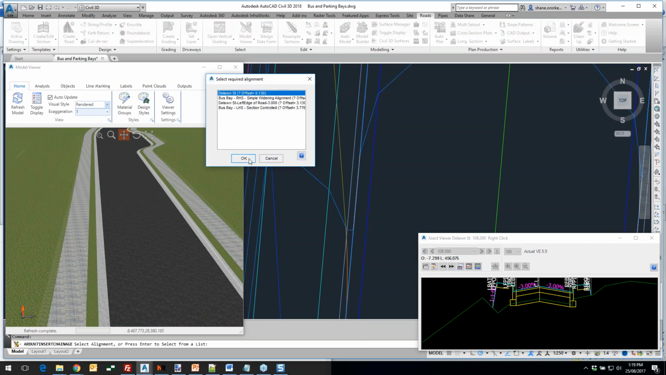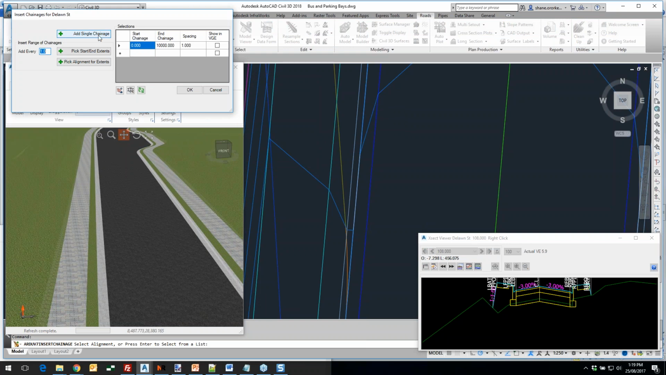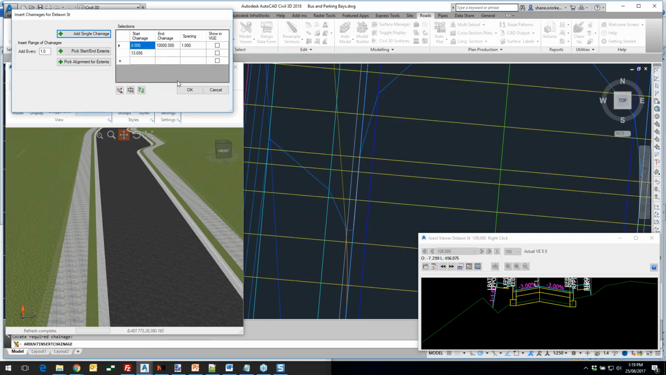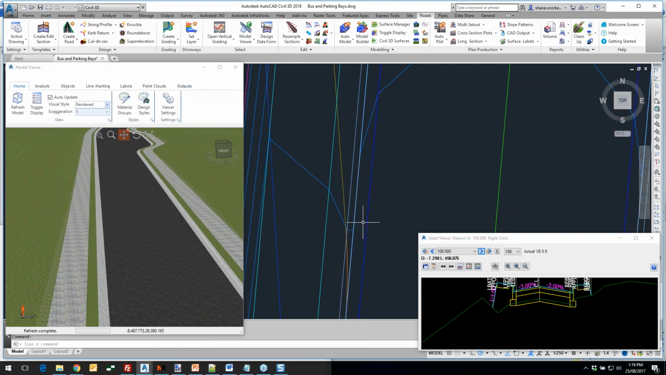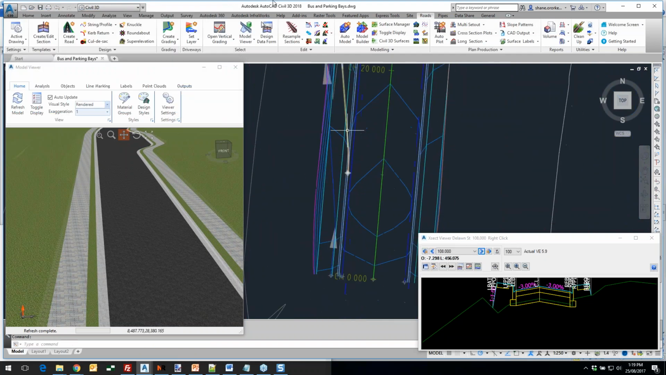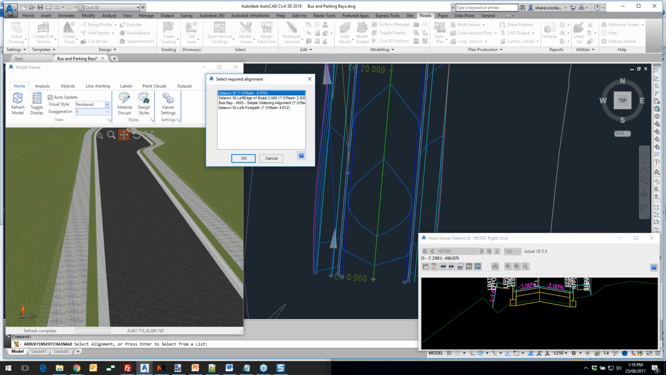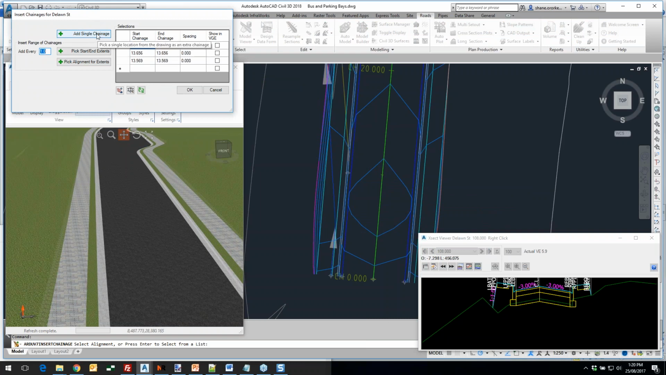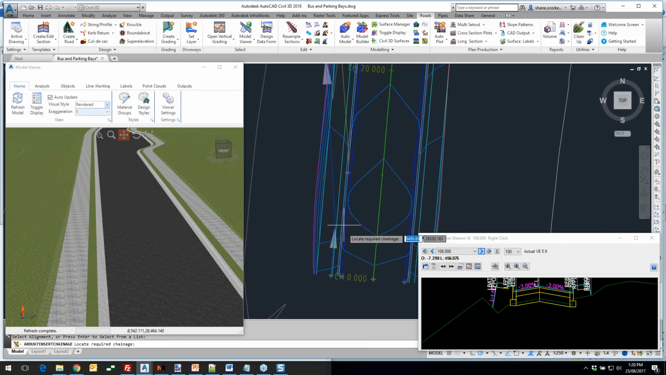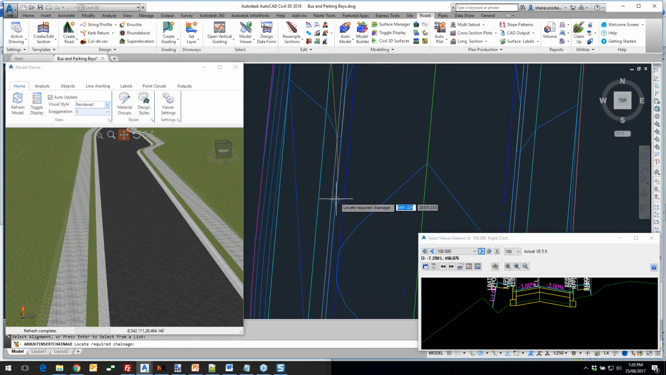So just quickly, I'm going to push into DeLorme Street some extra changes. It's telling me it doesn't want to, back in. Okay, so we're going to add single change. I'm going to pick here at the start of the alignment,